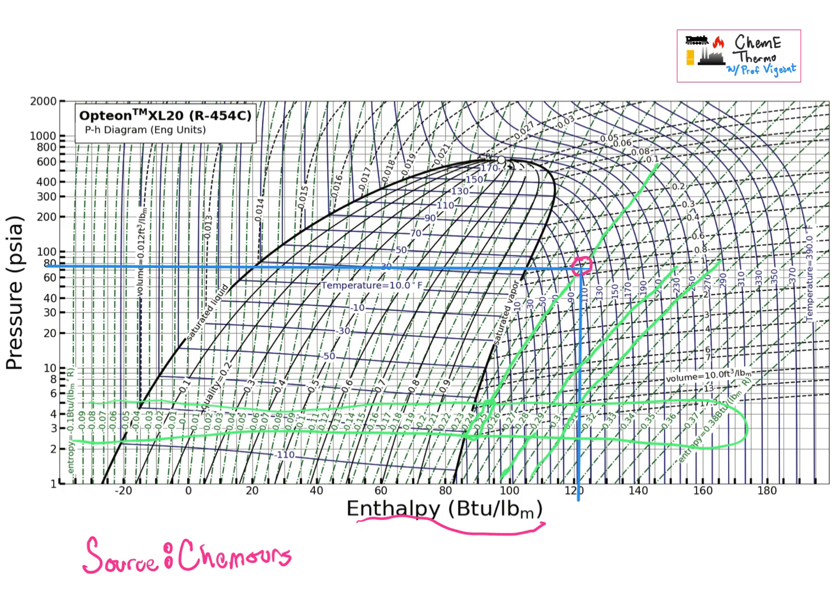Now the final line that's on here that we're really going to care about a lot is the temperature. And so the isotherms are kind of swoopy. The isotherms travel from the liquid side to the vapor side through the phase envelope. So the easiest place to find them, of course, is in the phase envelope itself. I'm going to trace one of these in yellow. So for example, if we were to look at the 50 Fahrenheit line, here it is in the phase envelope. And then when it gets to the saturated liquid edge,